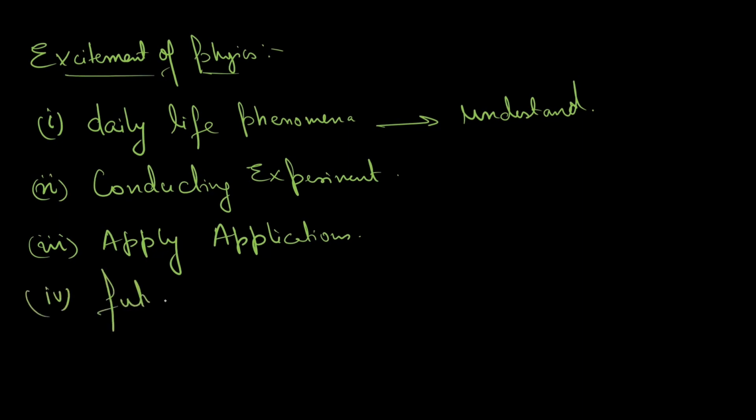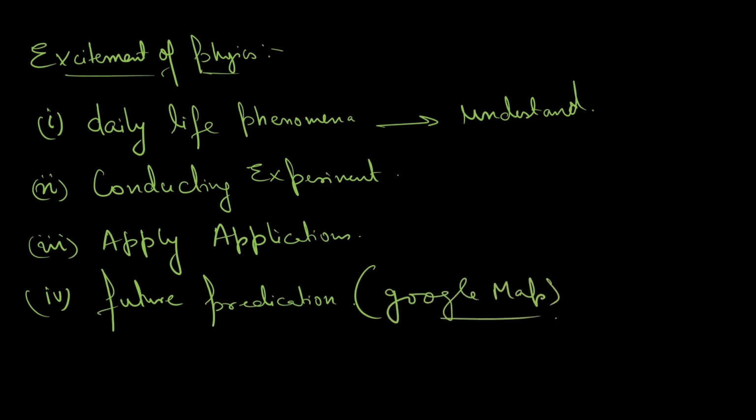Fourth thing is, you can predict the future. Future prediction. Best example is Google Map. Speed, distance, time. Google Map is speed, distance, time. It is predicting the future: this is the distance, you will get this much time and this many kilometers. Crowd management and time: at what time the crowd is there and the full estimated time. That is physics and maths in Google Maps. So this is the excitement of physics. With the help of physics, that is why you are getting excited. In the book there is a heading, that's why I am telling excitement of physics.